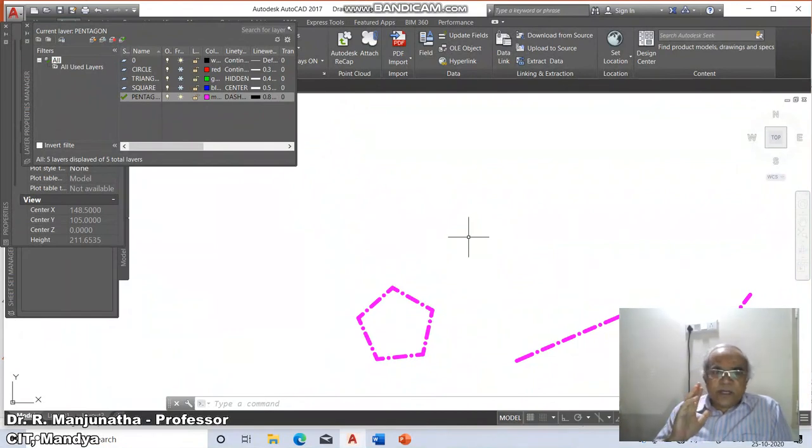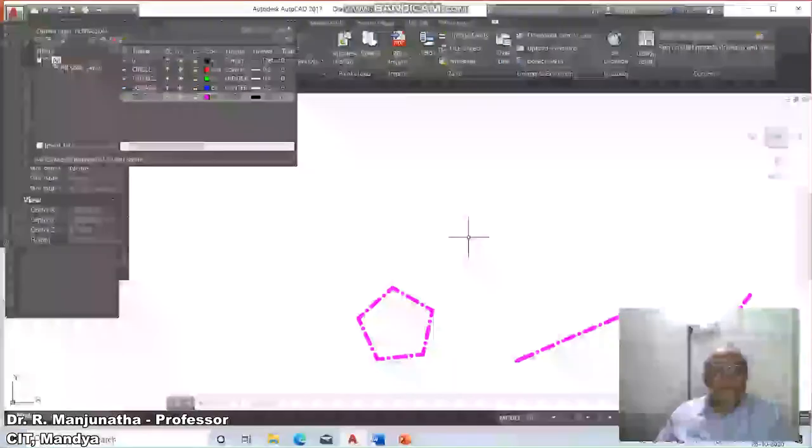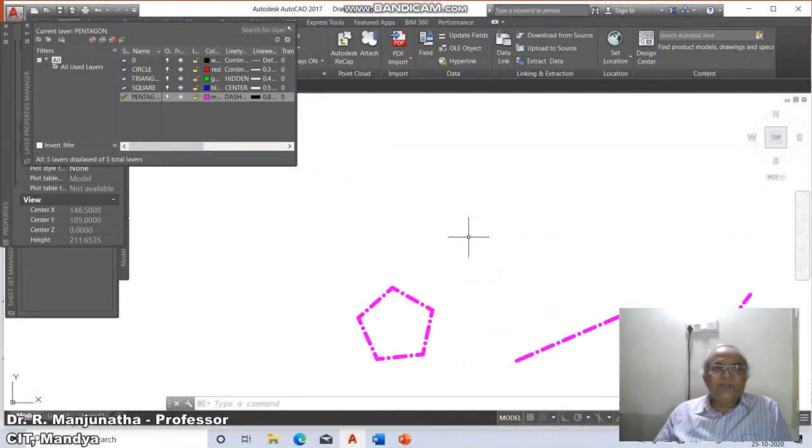When you switch off layers using the off option, even though the display is not there on your screen, when you want to take the printout, you will get it in the printout. But the frozen layer, you will not get in the printout. So that is the advantage of using freeze.